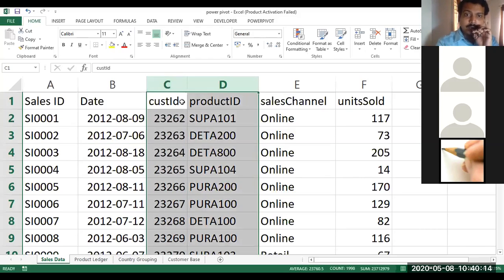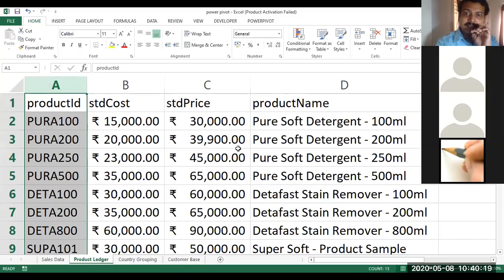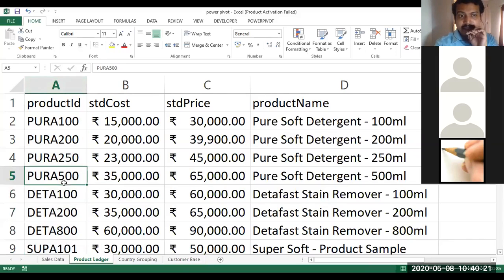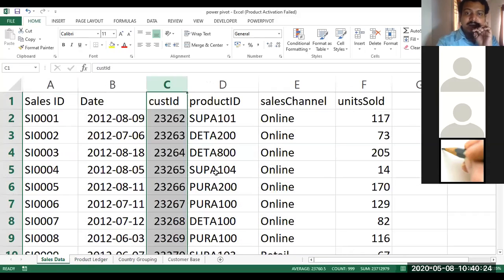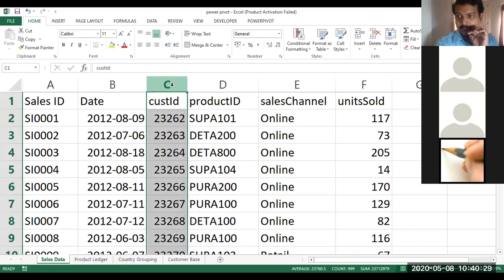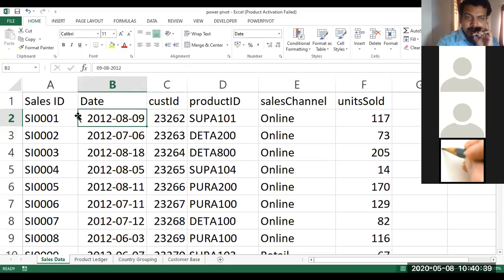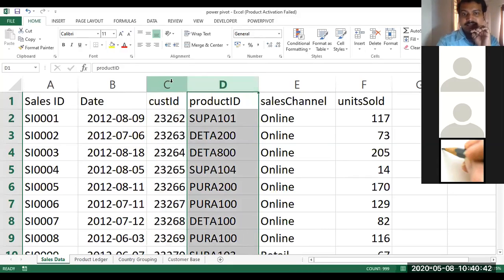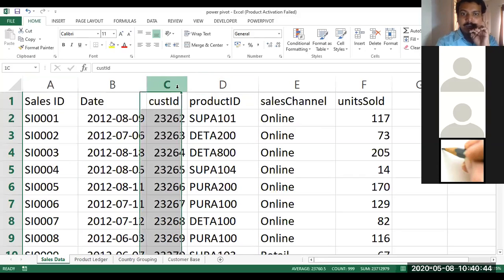Can we call it a primary key? No, because customer ID is already a primary key in customer base, and the product ID is already a primary key in product base. Right? So we cannot call this a primary key here. So then what do they call this? They call this a foreign key. When you have a field which is qualified to be a primary key, but it is not a primary key, in that case we call this a foreign key. So this particular sales table has two foreign keys. So one primary key and two foreign keys. So with the help of primary key and foreign key, we can link the tables.